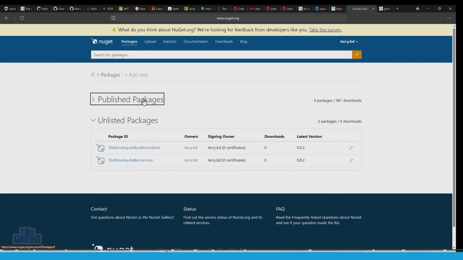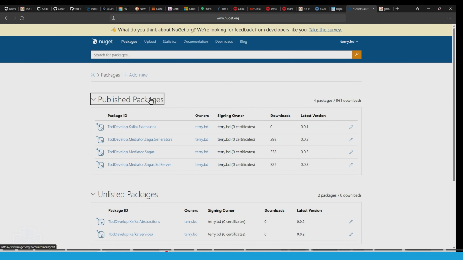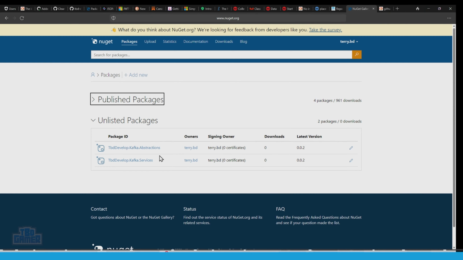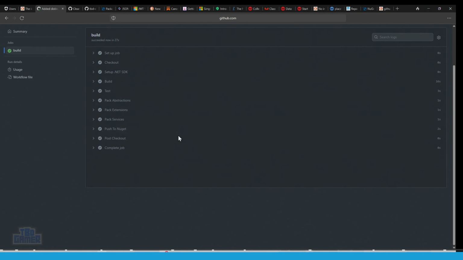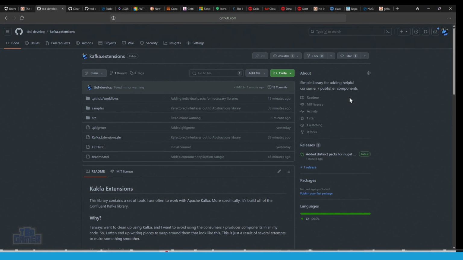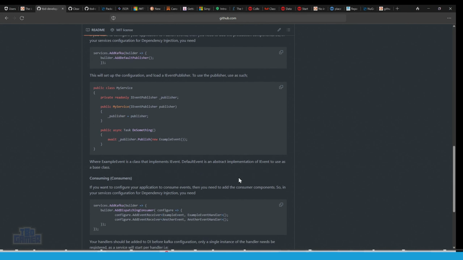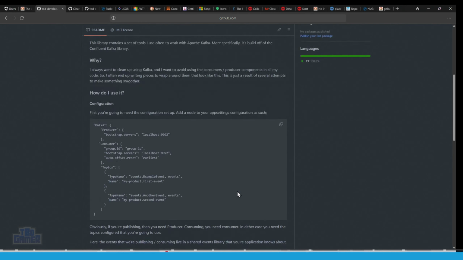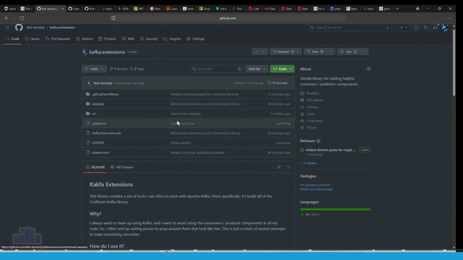Okay, so we should have version 1 of the extensions went, and version 2 of the abstractions and services went. I'll push a version 3 later, it'll be fine. NuGet is all kinds of special at times. But anyway, we have got the basics of the NuGet packages being published as well. So the code is there. The README is generally good enough, I think. I think it gives you enough of an idea of how to use the library. The code is there, the sample applications